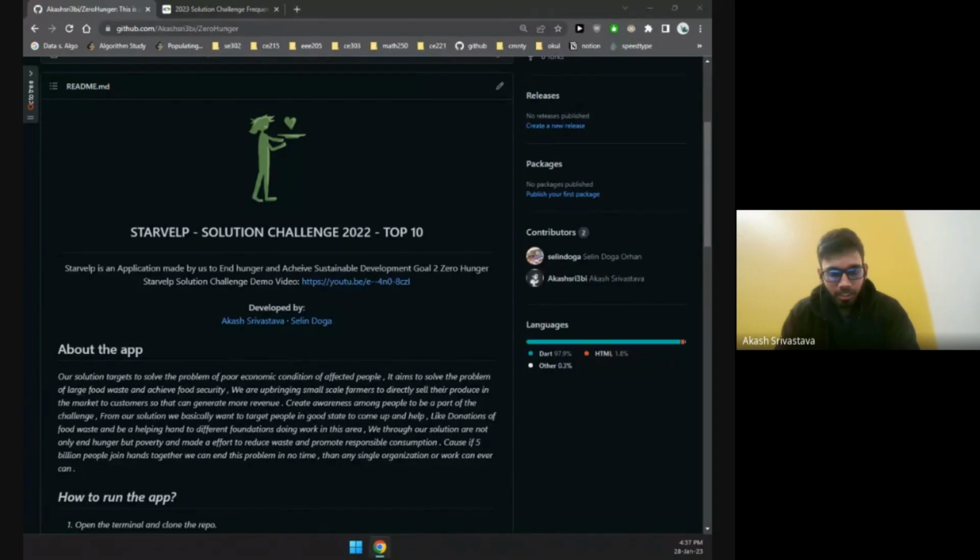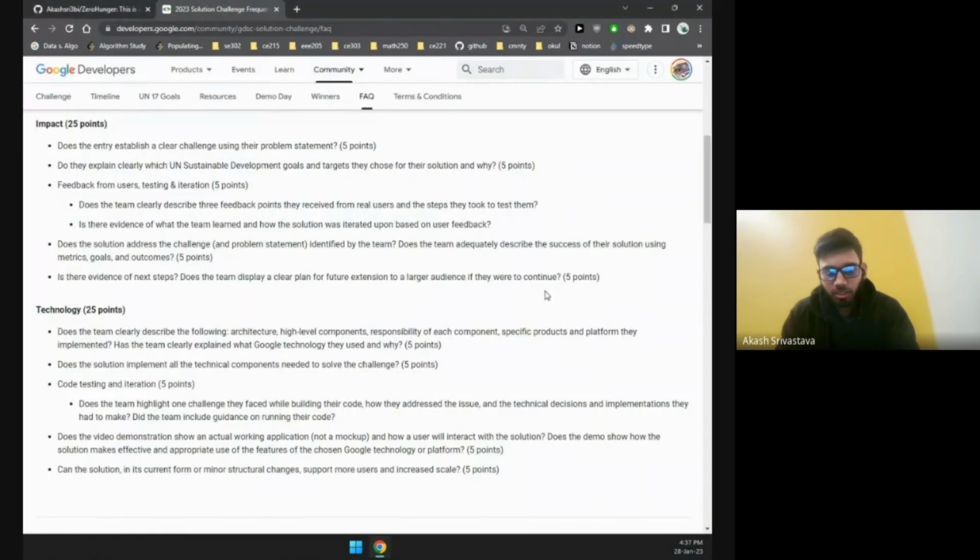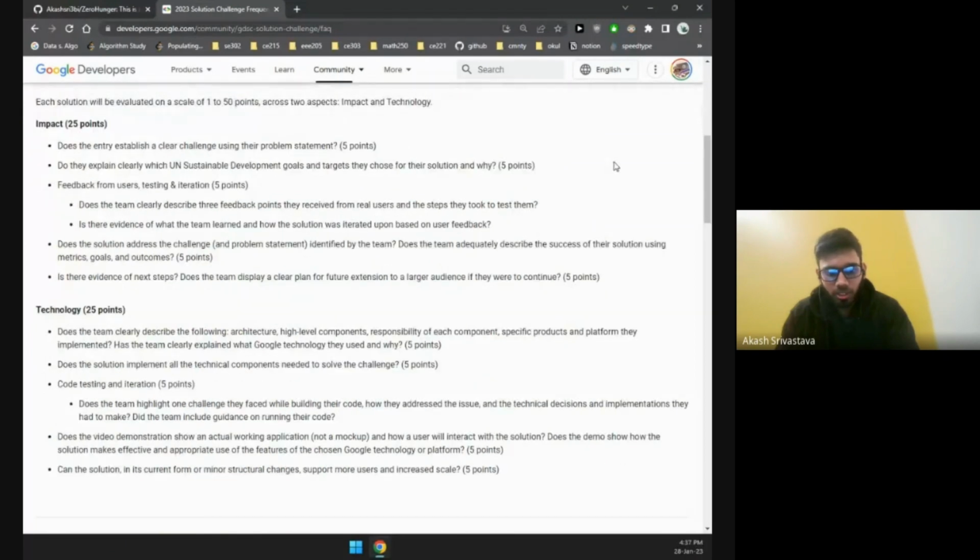In the Solution Challenge you also need to focus on how much you can market your product, because if you cannot show what you are building in a proper way, it's not effective for the judging panel, or for the community. If you are not able to identify the problem and tell how your product can solve it, then it's not worth your time.